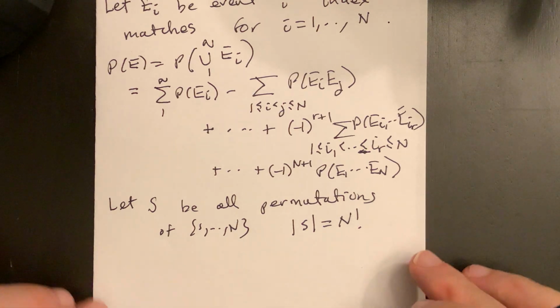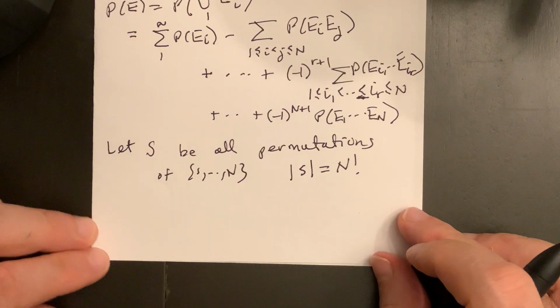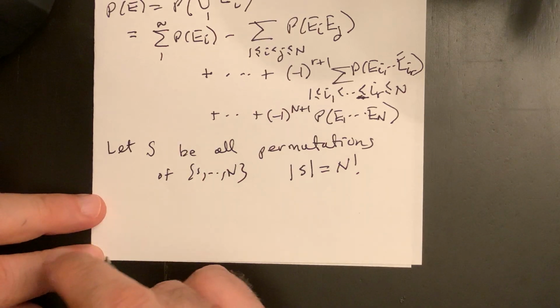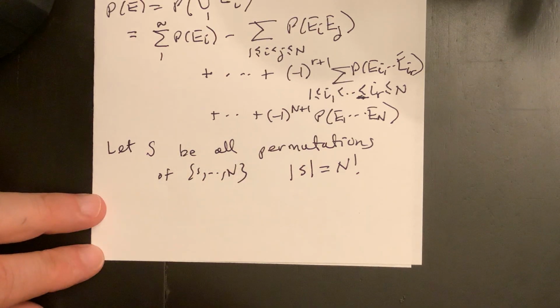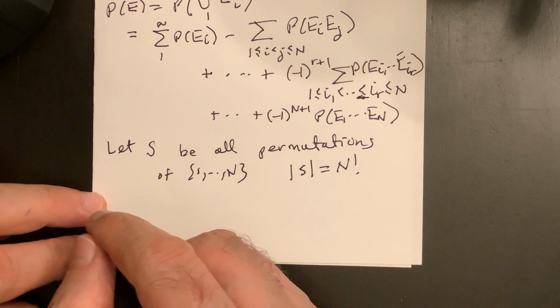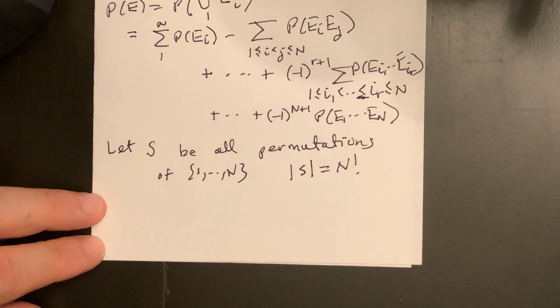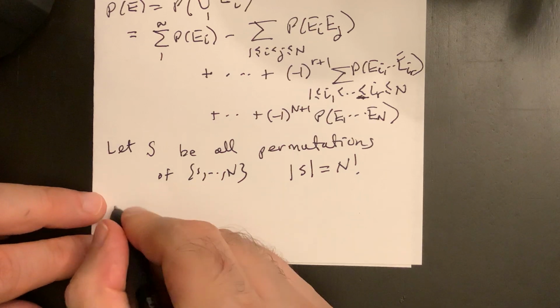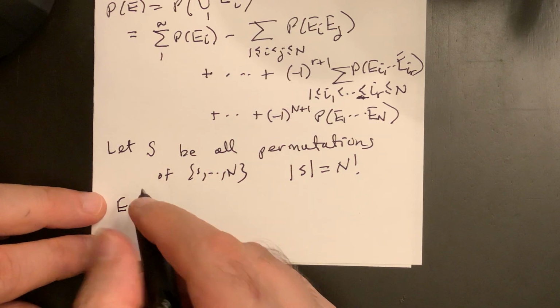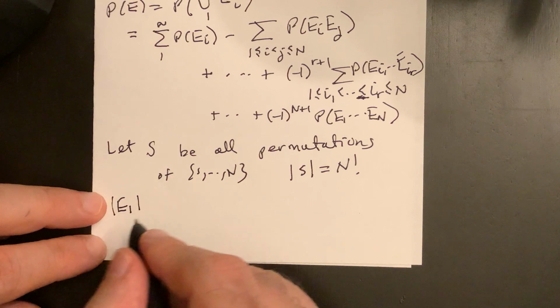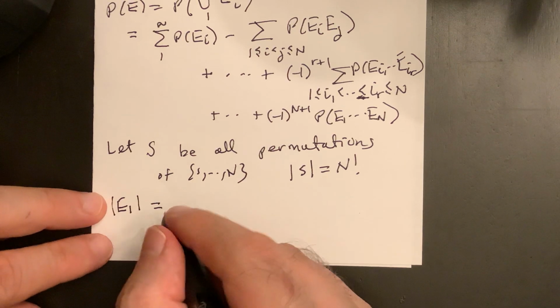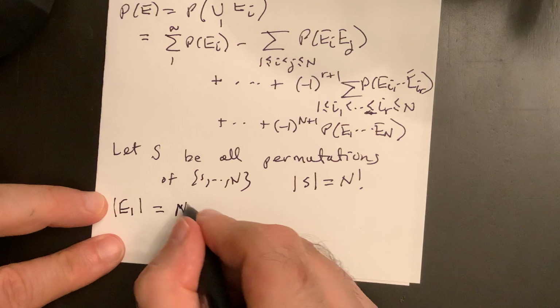All right, so that's S is n factorial. Now, what about the size of E1, say? So now E1, what is in E1? Say E1, this is equal to n minus 1 factorial,